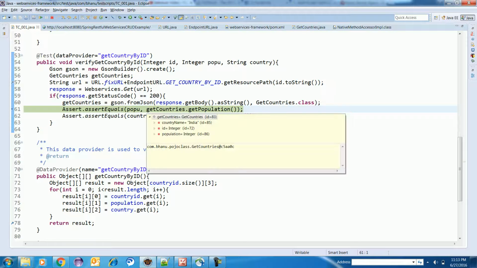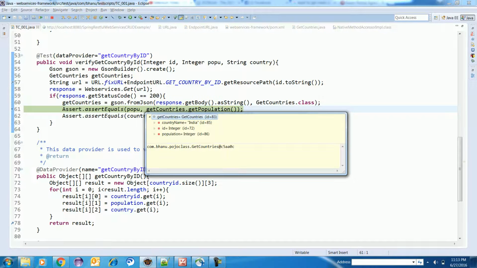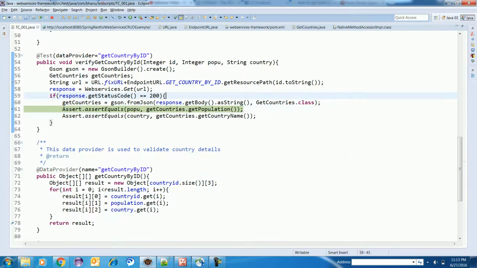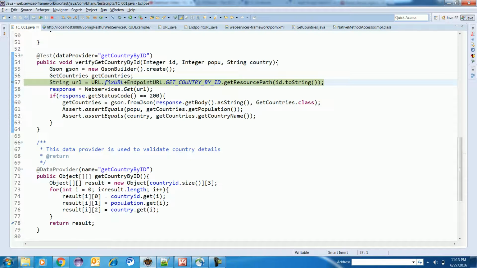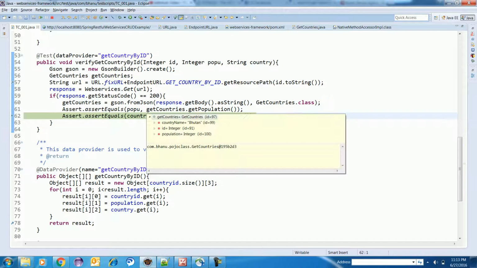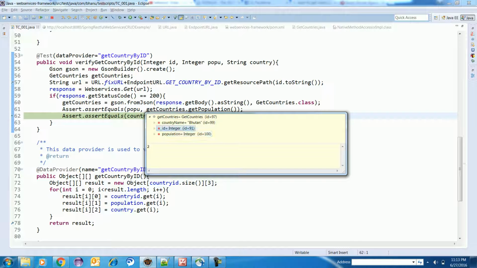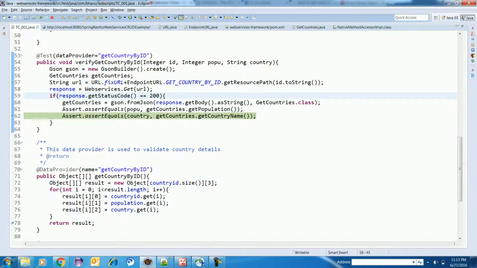And if you look at this getCountries populations, if you click on the populations, it had 10,000, id is equal to 1, country name is equal to India. Now I'll do F6. Again, whenever you get this class, just do F8, it will come here. Again, what is the id? id 2, population is equal to 7,000, country is equal to Bhutan. Do F6. What is coming in response? So population is 7,000, id is equal to 2, country name is equal to Bhutan. This will also get passed.